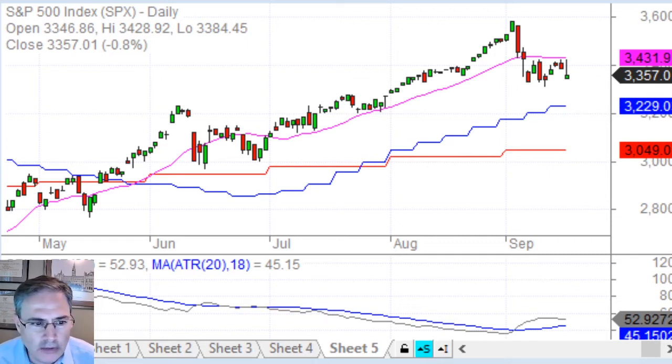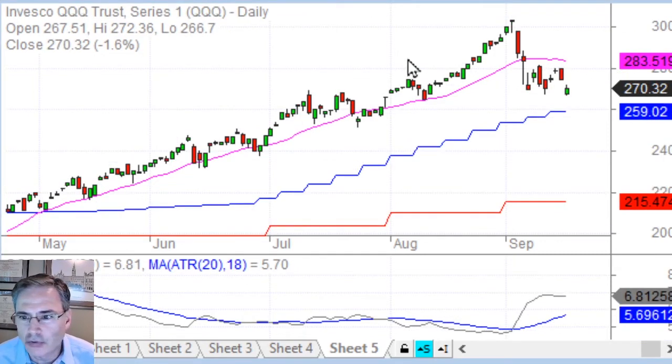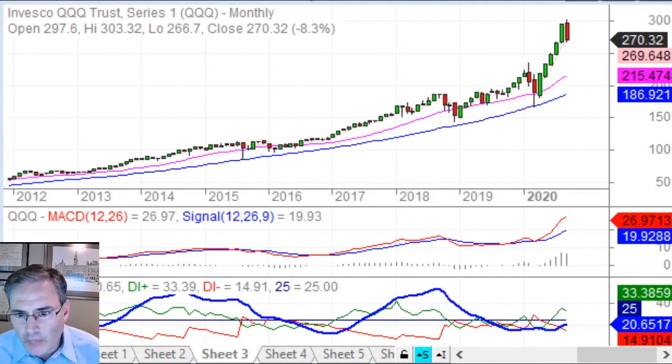I want to look at the Qs as we go down into the lower time frames. Now we do have the same situation taking place in the average true range of the Qs. That increase in volatility does raise risk of continued pullback, but this is a very volatile index, and you have to be on your toes here. I want to go back and look at a monthly chart of this.